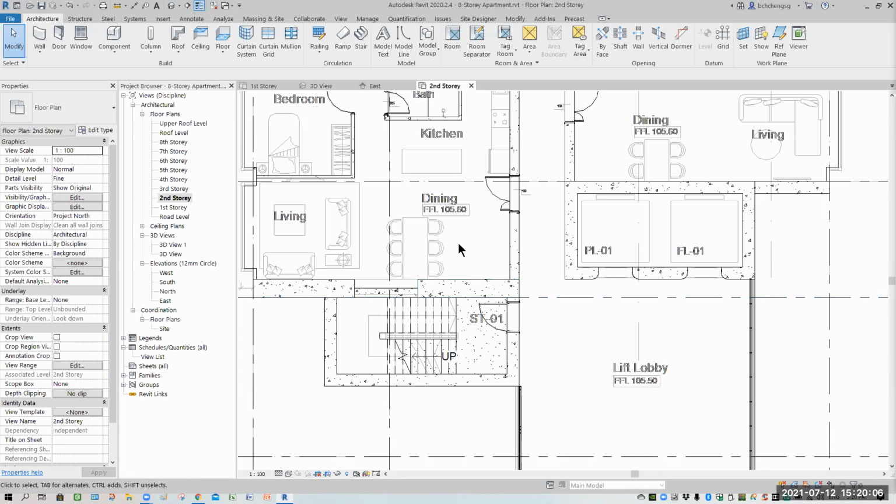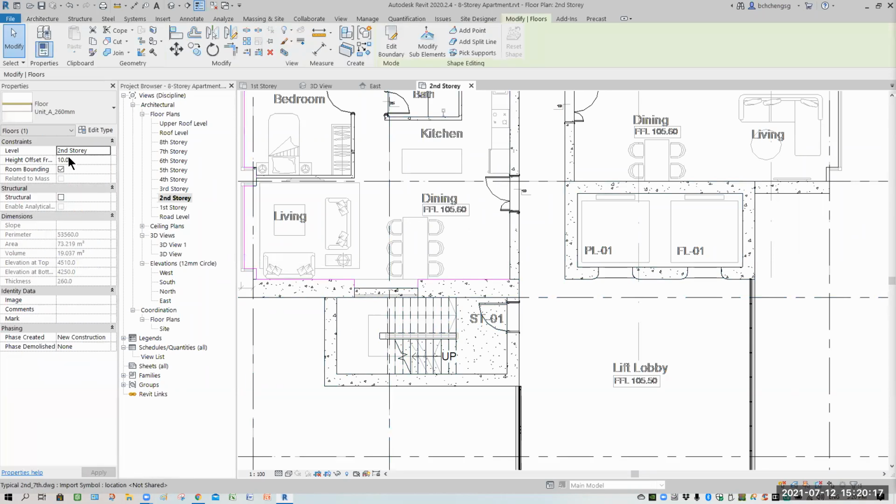You can do 250, it's still alright. When you adjust 250, this means offset upward. If you get the slab, you'll see that the height offset is positive 10, because here there's a drop down of 10 mm. I call this unit A. You can call it unit 1, unit 2, unit 3, up to you. In my case, I call it unit A. My level is higher by 10 mm. So if you look at the 3D that I have,